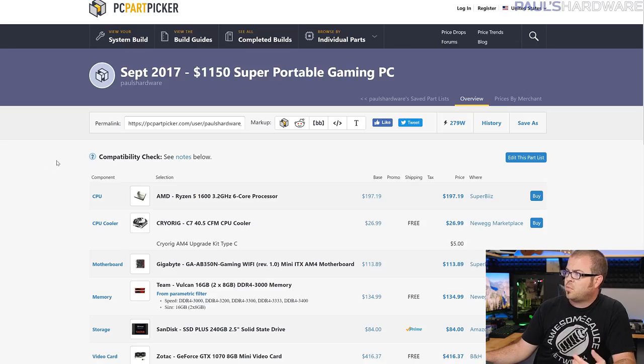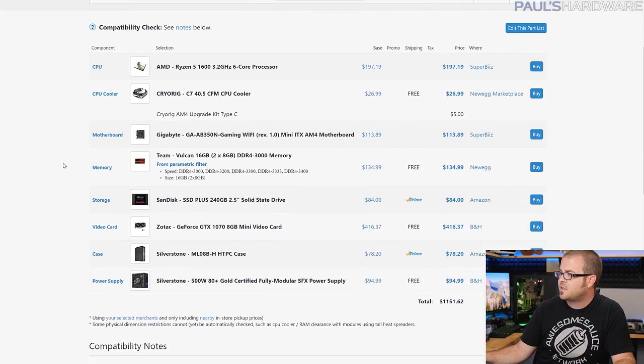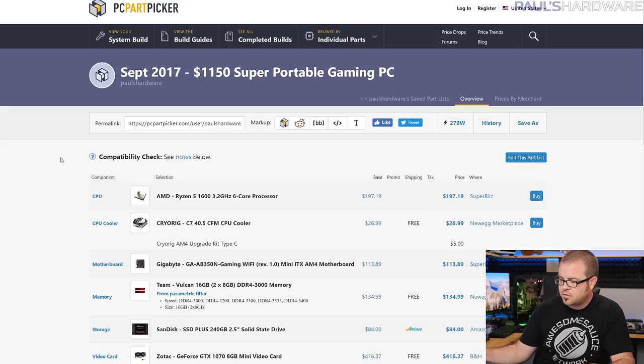Next up is my super portable gaming PC. This is an AMD build as well, although it's on the mainstream platform with a Ryzen 5 1600 processor. It's about $1,150. It is portable, it is powerful. It is meant for both gaming as well as doing workstation stuff, since it's got a 6-core processor. It could handle gaming and streaming as well, and with some add-ons,